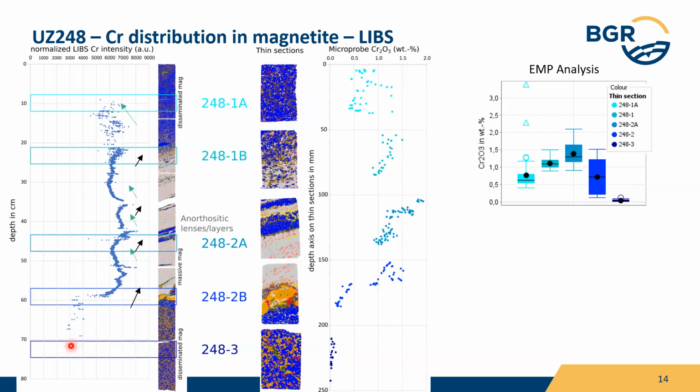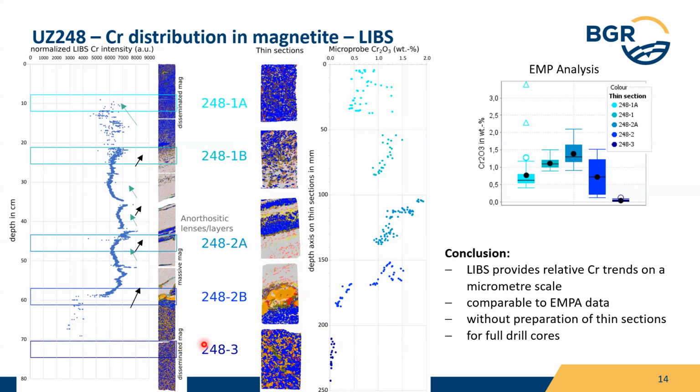In the last one, there was so little chromium and almost no pure pixels. So we had no LIBS data, but you can see the trend already. There's almost no chromium inside this thin section magnetite. So to conclude, the LIBS data provides relatively clear chromium trends on a micrometer scale. The data is comparable to electron microprobe data, and we can do all of this without preparation of thin sections and even for full drill